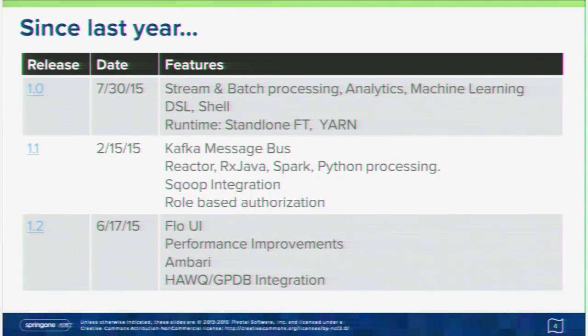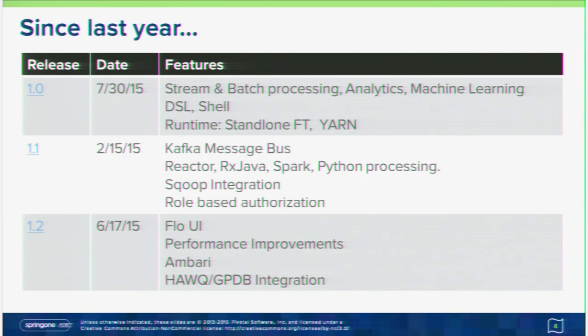And not everything is done in Java, as you know, in the big data world. Stuff is done in R, a lot of stuff is done in Python, so we added native support for Python. Sqoop integration is another ecosystem project. We added authorization. Then 1.2, earlier this year in the summer, we added UI for authoring streams, so a big